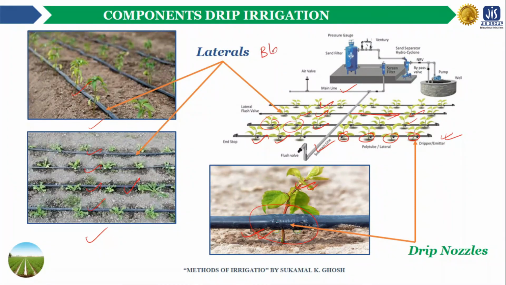Okay, black PVC tubing. Okay, these emitters are also made up of PVC materials. Perfect. Now,